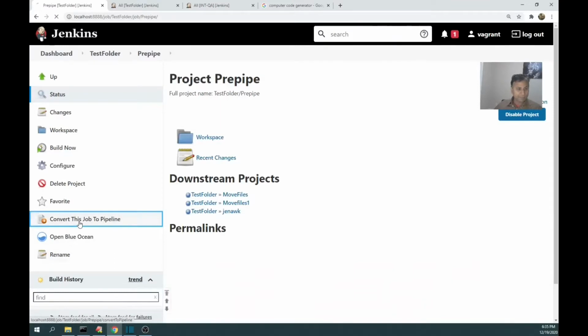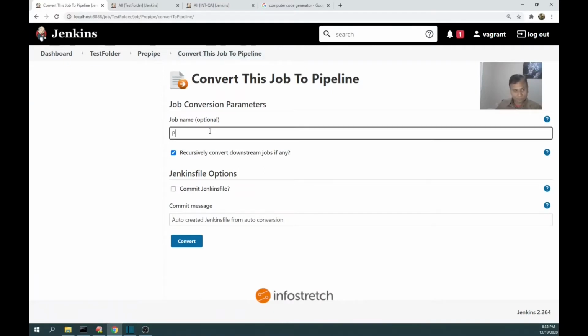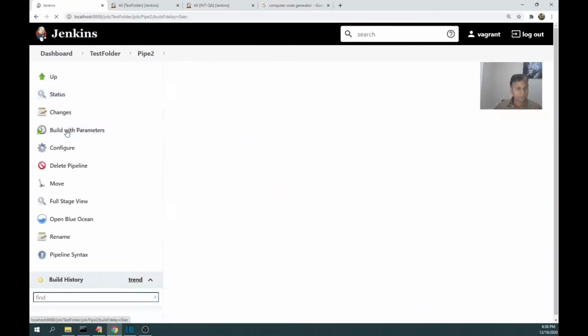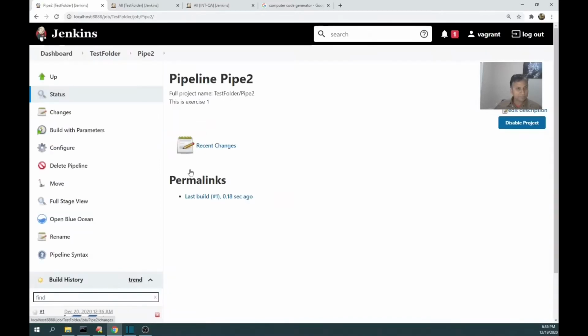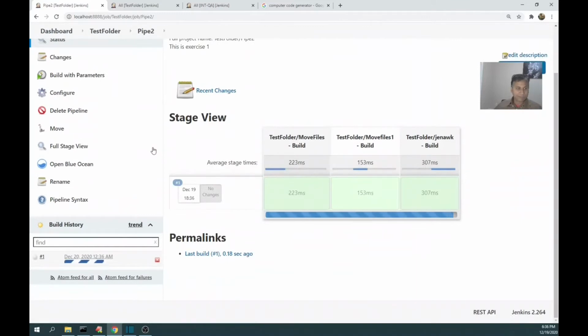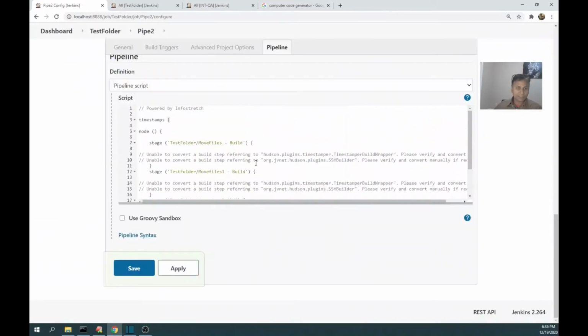Then from this pre-pipe I am converting this job to a pipe. Pipe 2. Build with parameters. Build. See, everything is working as we expected. Let's see how the code has been generated. See, the code is generated in the same way. So in multiple ways we can do it.